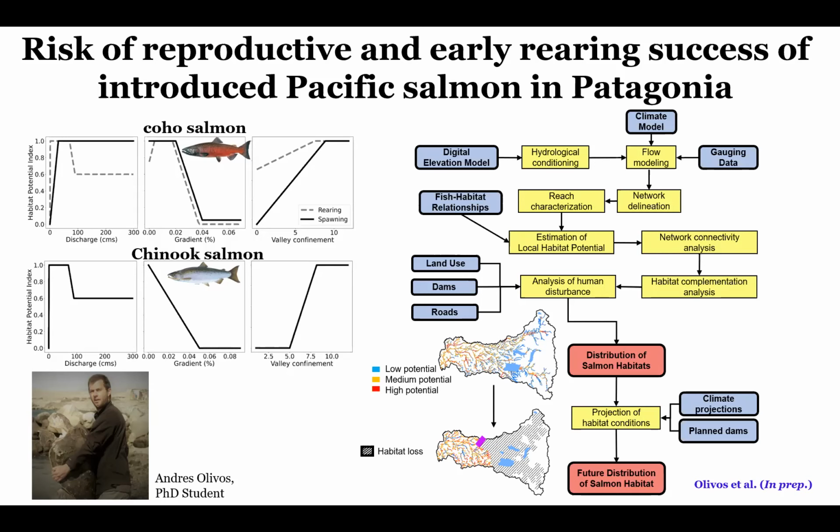This is the main idea of these models, and they have different tweaks in each case, but in general, the idea is you use the landscape, you get the attribute, you use the climate, and you use the species relationship with those habitats, and then you create this modeling that can predict differential success of the species.